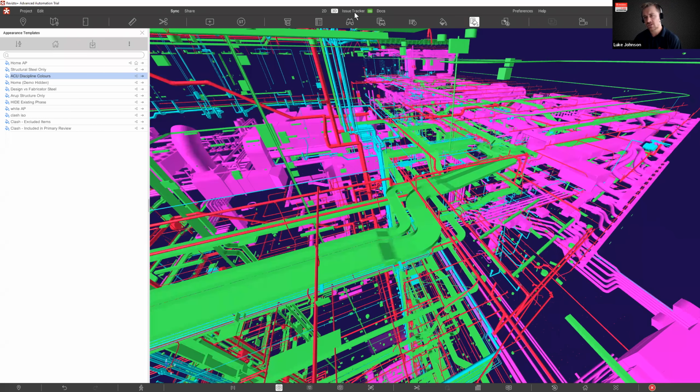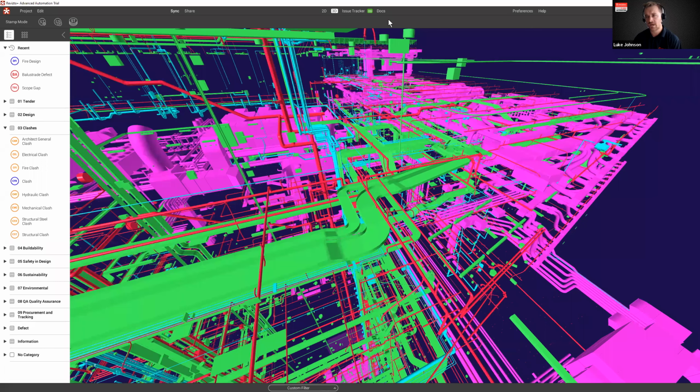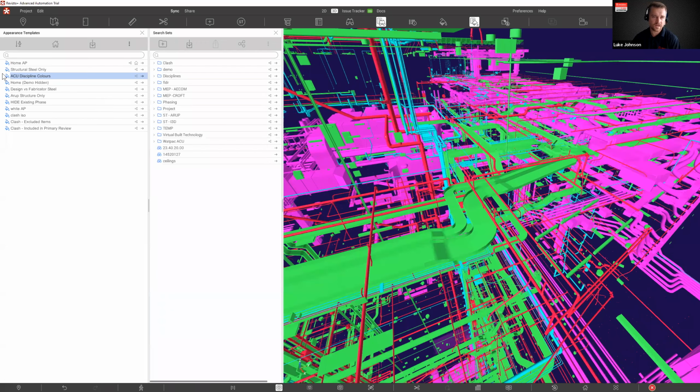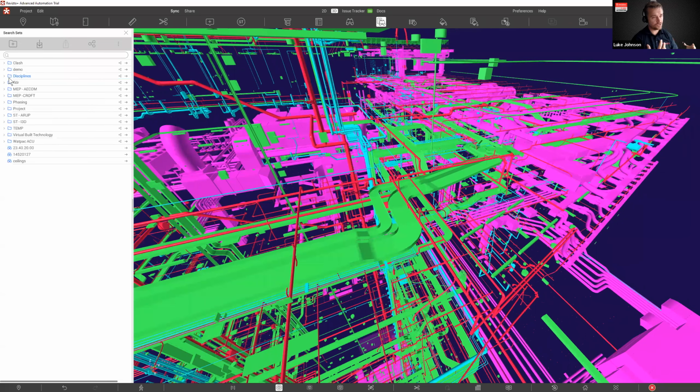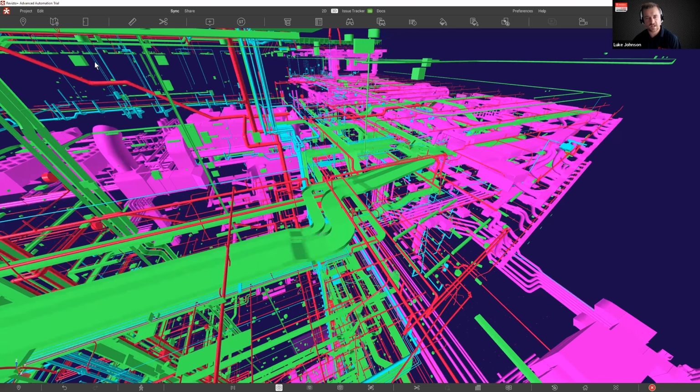We will provide things to you like stamps, a set of stamp templates that you can begin using. We'll supply a set of search sets, for example. With our whole concept around exclusions and finding disciplines by model and so on, we can give you that framework to begin with. And we can also provide to you a set of clash tests,